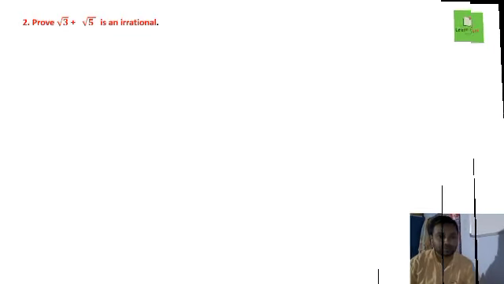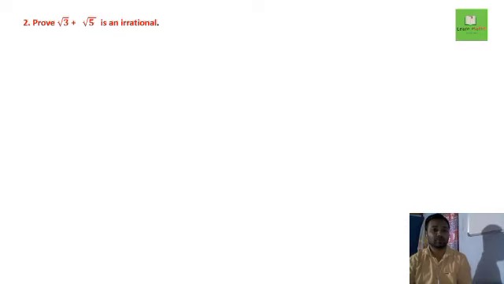We'll go to the next question. You can see the next question is a mixed set, where the form under root a plus or minus under root b is mentioned. We have a unique solution for this type of question. The same contradiction method I will use to prove that the given number is an irrational number.